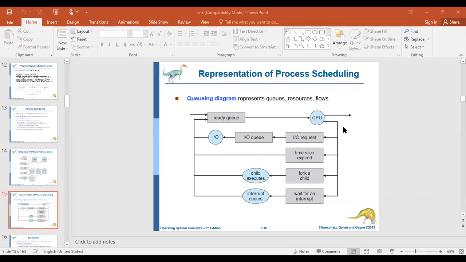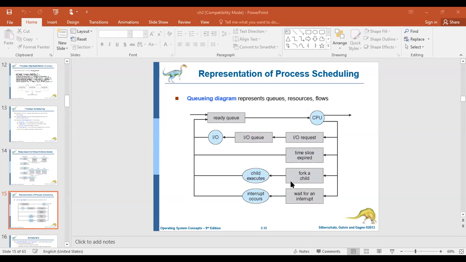The time slice, whatever time is allocated for this particular process, if it expires, what happens in that case? A new slot has to be created. So for the creation of the time slice, it will be redirected to this scenario, and once it is allocated the new time slot, immediately it will be placed in the ready queue, right?